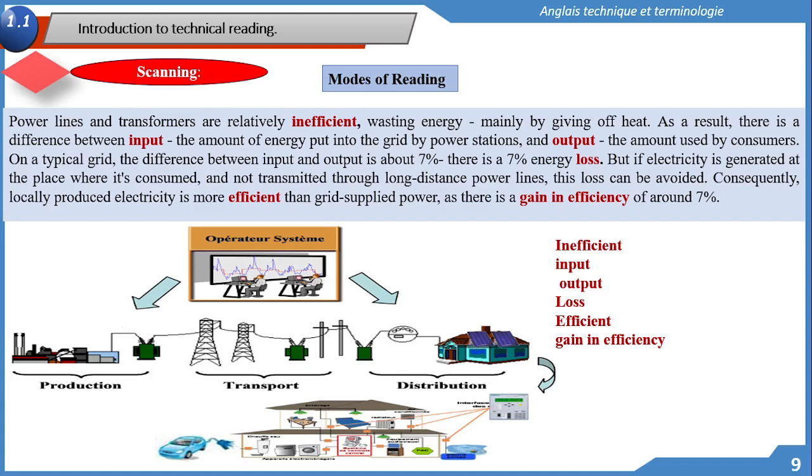There is a 7% energy loss. So consequently, locally produced electricity is more efficient than grid supplied power, as there is a gain in efficiency of around 7%. By scanning, you efficiently locate the facts about energy loss in the grid and the efficiency gain